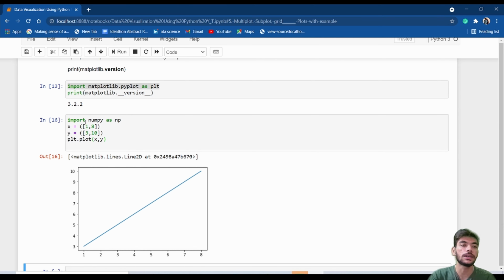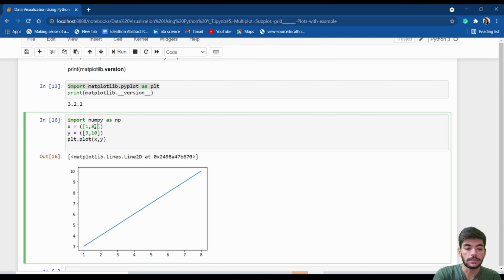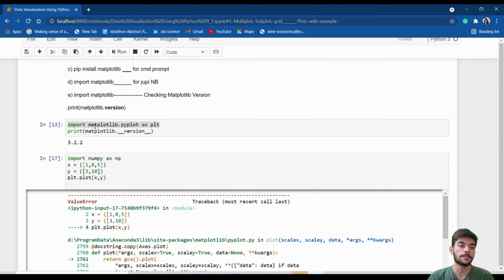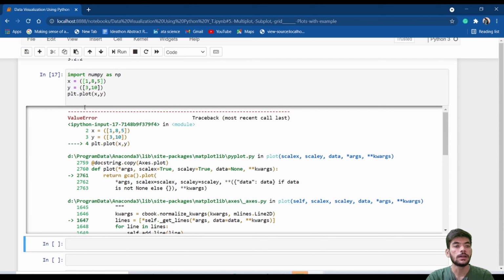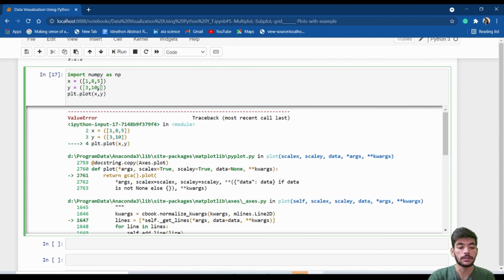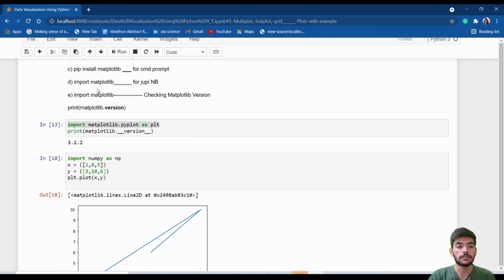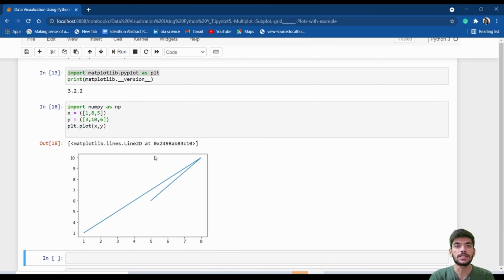One thing you need to know here is the number of x values. If there are 5 x values, then there must be 5 y values, as there is symmetry in the graph. Now if I write here 5, meaning I have given 3 variables to the x and 2 variables to the y, then there will surely be an error. But if I add one more numerical value in y, then a graph is plotted. So this is the rubbish random graph which I have plotted here. It has no attributes, any kind of thing. So this is the first graph which I have shown here.